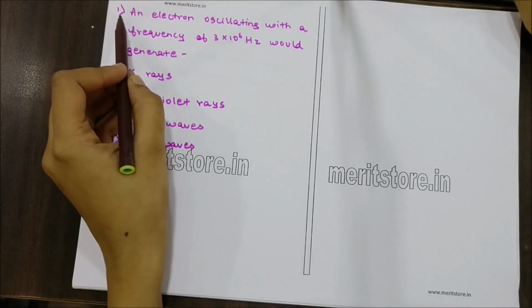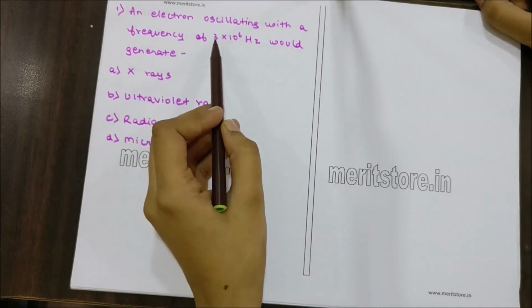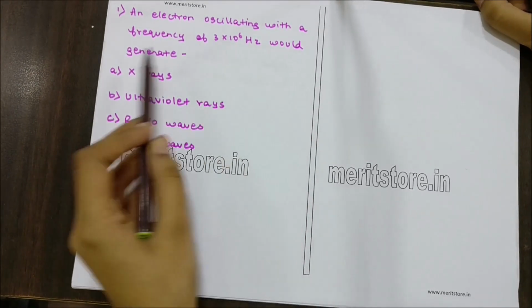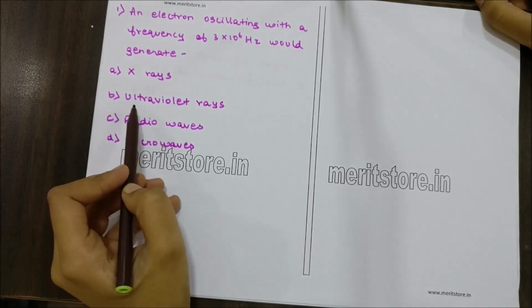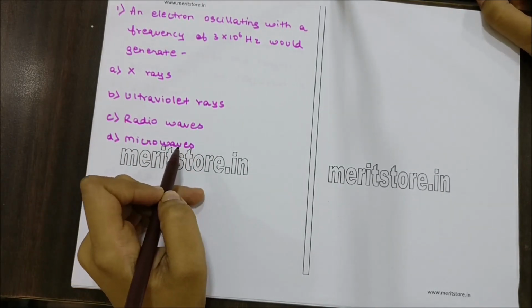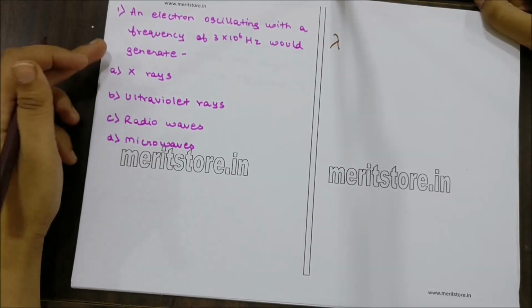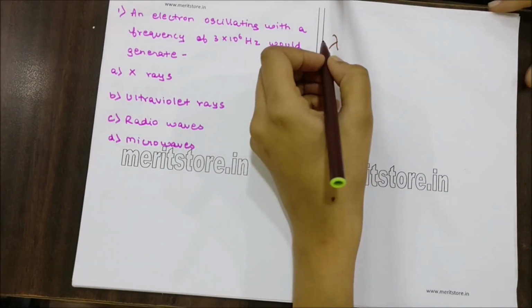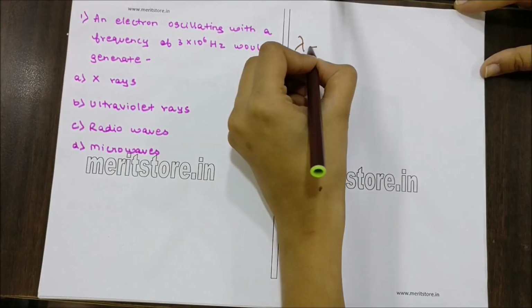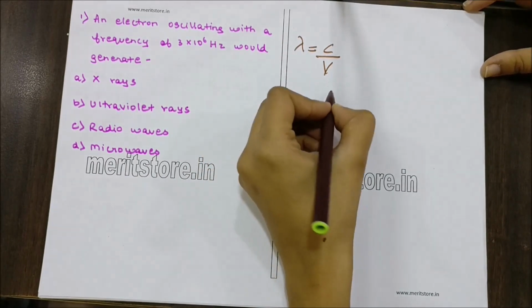Communication. Question 1. An electron oscillates with a frequency of 3 × 10^6 Hz will generate A. X-rays, B. ultraviolet rays, C. radio waves, D. microwaves. So over here, you'll have to find the lambda to find out which of these it lies in. So the formula for lambda is equal to c by v, where c is of course 3